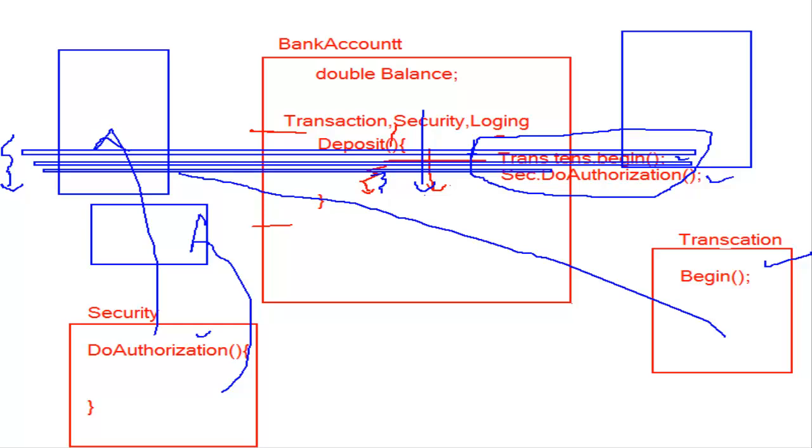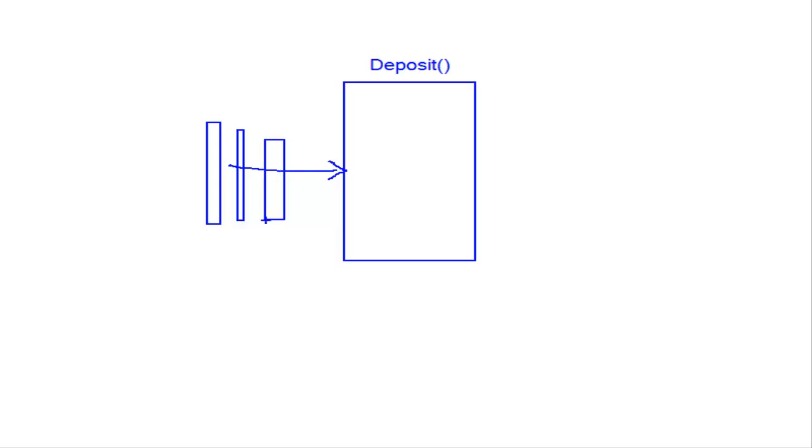For that, what we have is aspects. So what is the meaning of saying aspect? Now let me write only that method. This is your method, say deposit. Before you call this method, you want to do something else. There were many things: transaction, logging, and other things. You don't want to pollute your method, your business logic, with them. You want to keep them separate. How do you do it?